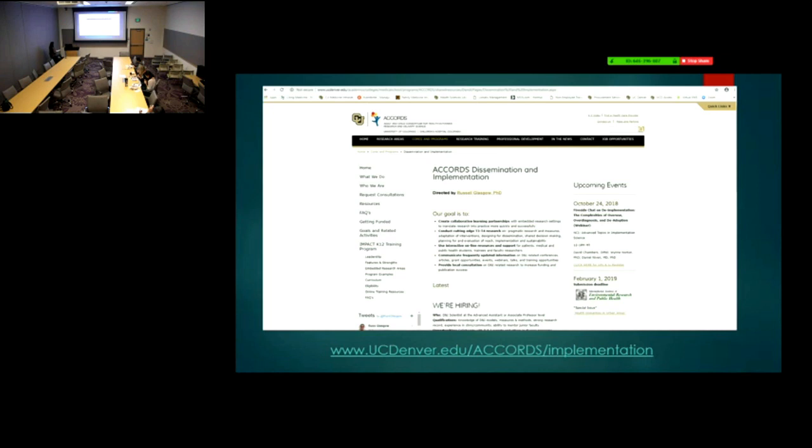So I had my assistant pull this a couple of days ago, but here are the upcoming things that are going on. And this is kept updated. Here's what we do, and on the next slide I'm going to highlight that a little bit more. We're hiring. If you know any mid-level D&I people, send them to us. We're trying to hire more. But over here is what we do, who we are. If you want to request a consultation, we provide free consultations on D&I if that's something that you want to do. You just push the button, fill out the online form, and it comes to me.